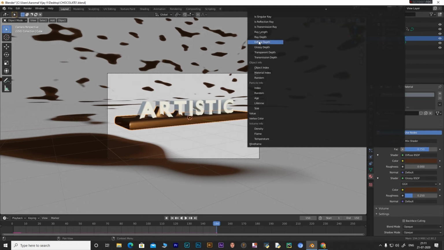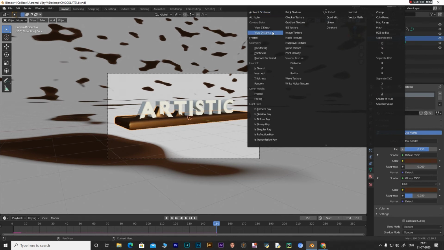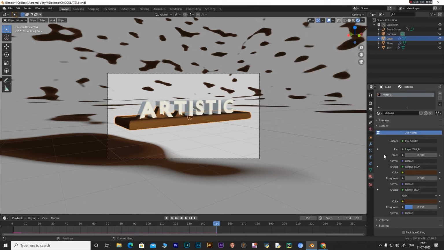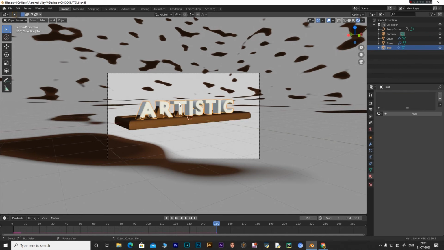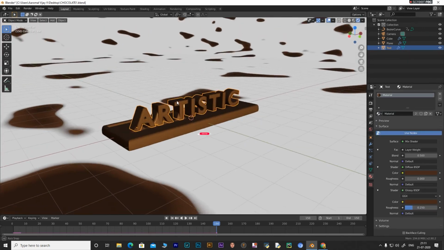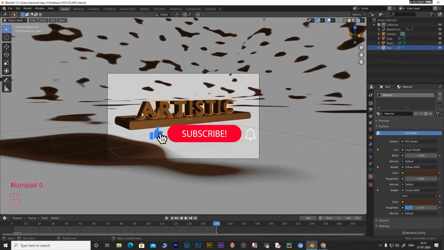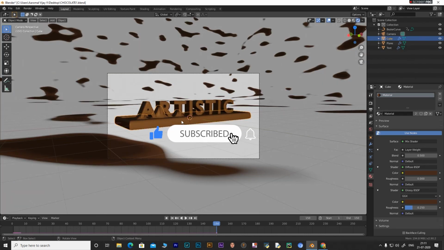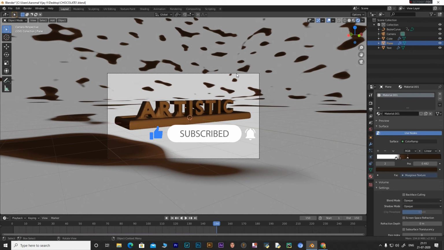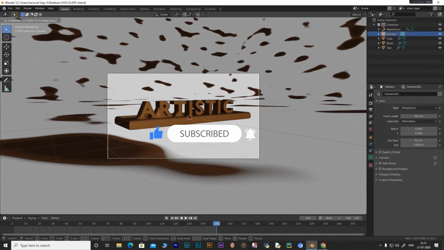Now what you have to do is click on this button near the factor and go to the top, and under layer weight select facing. Okay, this will enable the areas to interact with the light and to behave like an original or real chocolate bar does. Okay, now that we have our composition and everything set, now what we have to do is set